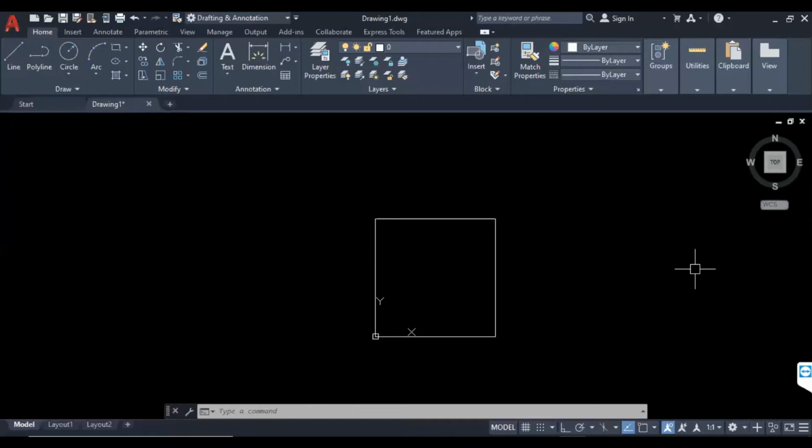That's why people invented a simpler coordinate system, which is called the relative Cartesian coordinate system. What's the difference between the absolute Cartesian coordinate system and the relative Cartesian coordinate system? We will see right now.